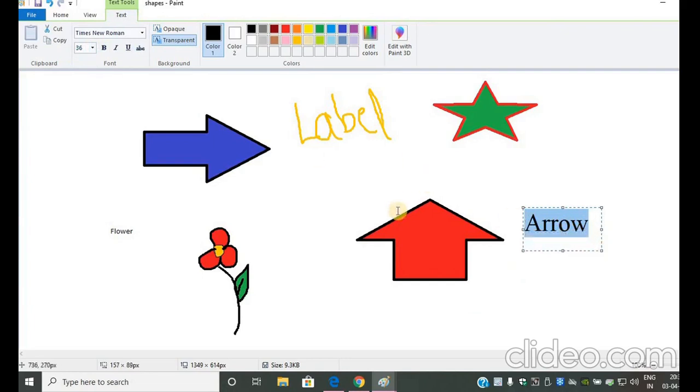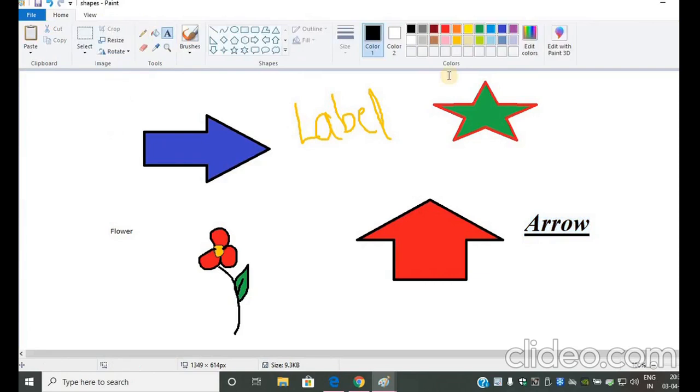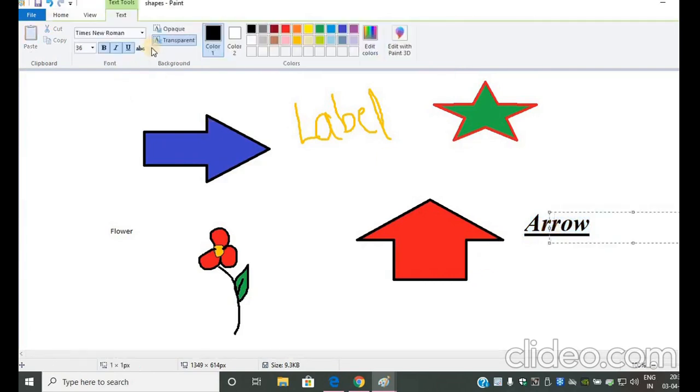Now if I want this text in bold, I can select the bold option. If I want it in italics, I'll click on italics. If I want it underlined, it will be underlined. If I want it strike through, means there is a crossed line through it, I can use this strike through option. So this way you can get a text here, right?